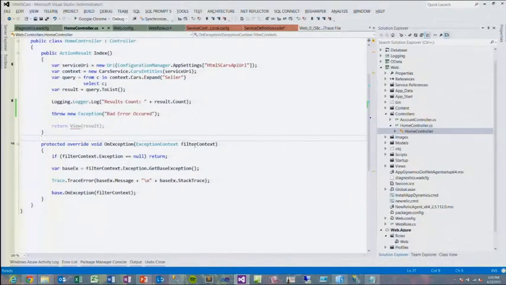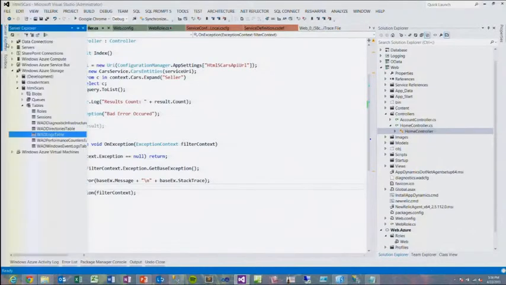In this case, we're grabbing the exception context that comes in and then grabbing the exception off of that. And then, just like we were doing in our web role CS, we're getting the innermost base exception, and then we're tracing that out. We're tracing the message out and the stack trace out. Now you could also do this in your global ASAX, and you could do an application error event handler and capture errors across your entire application. That's a perfectly fine thing to do. In this case, I'm just doing this in one controller because this is the only controller we care about in our application. So now after doing that, if I go back over to our logs table and I view that,